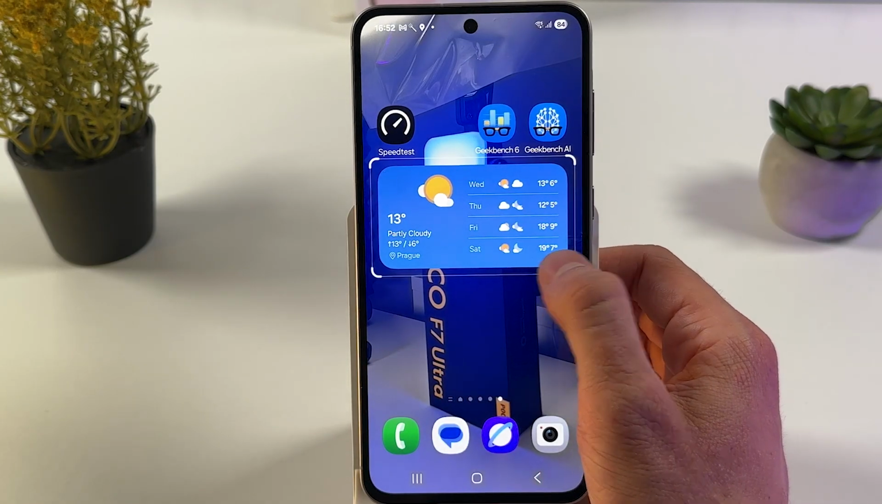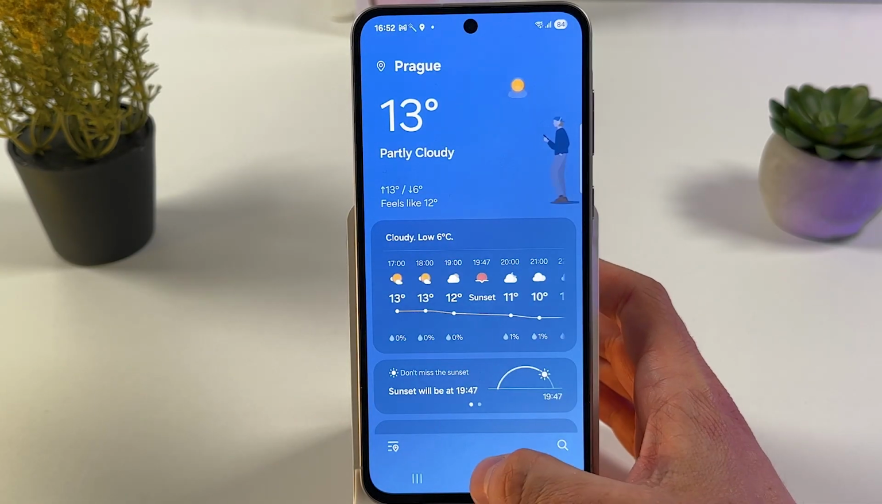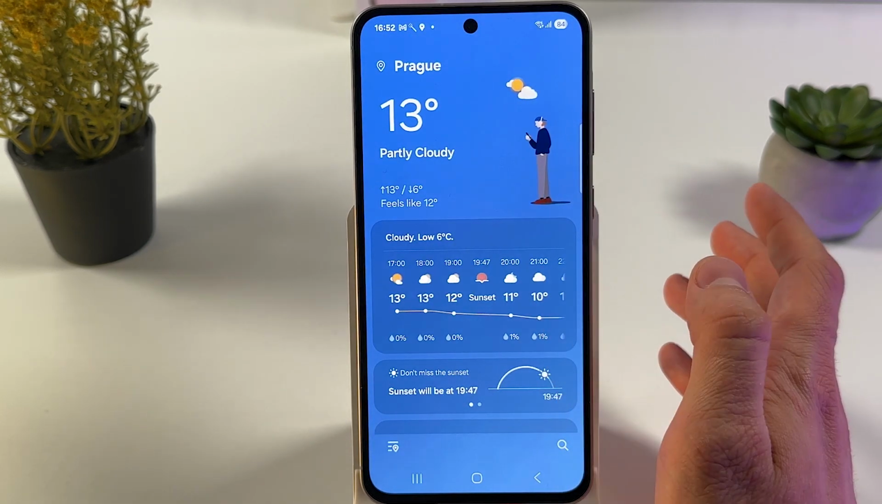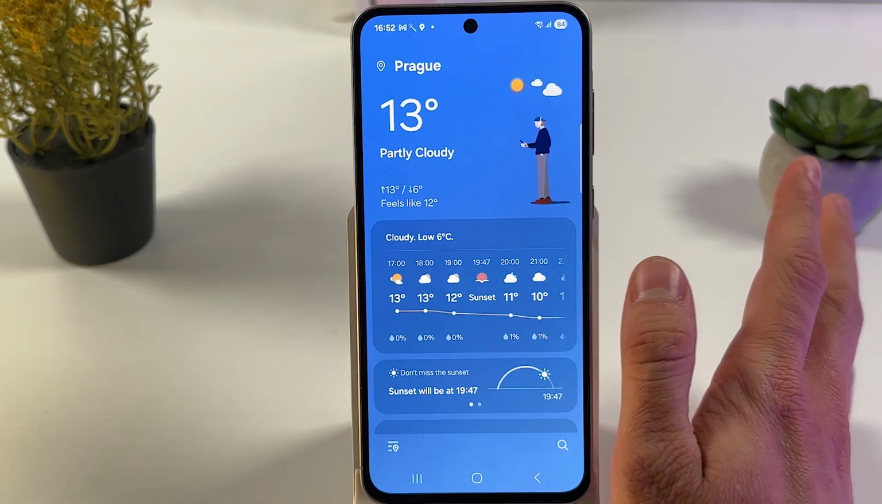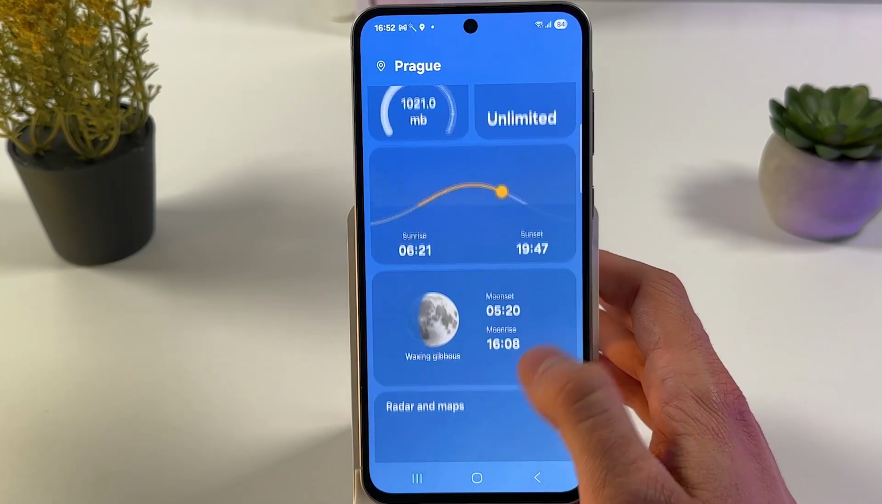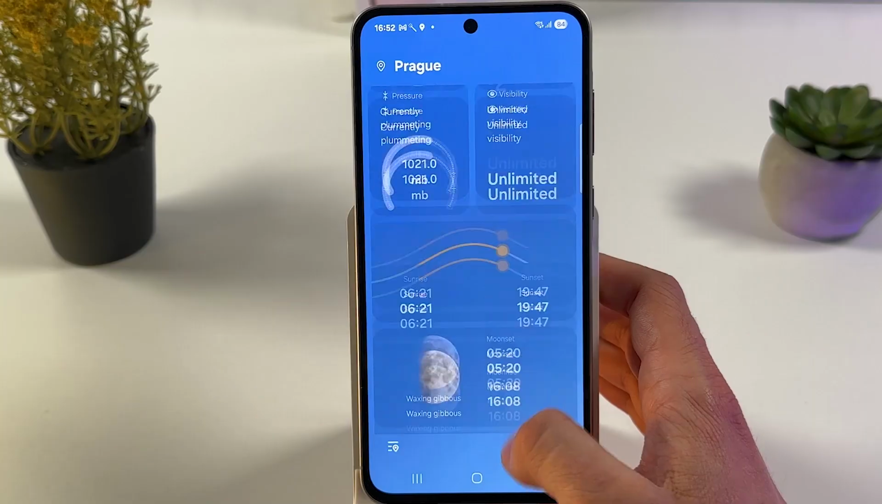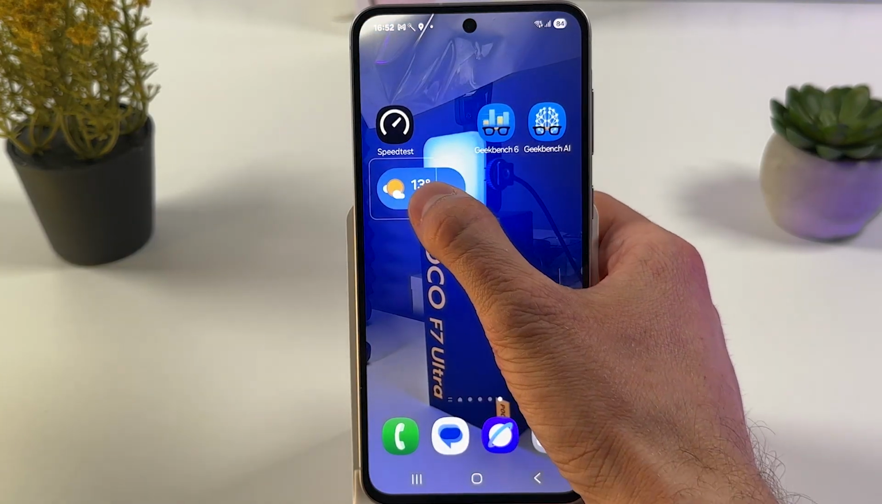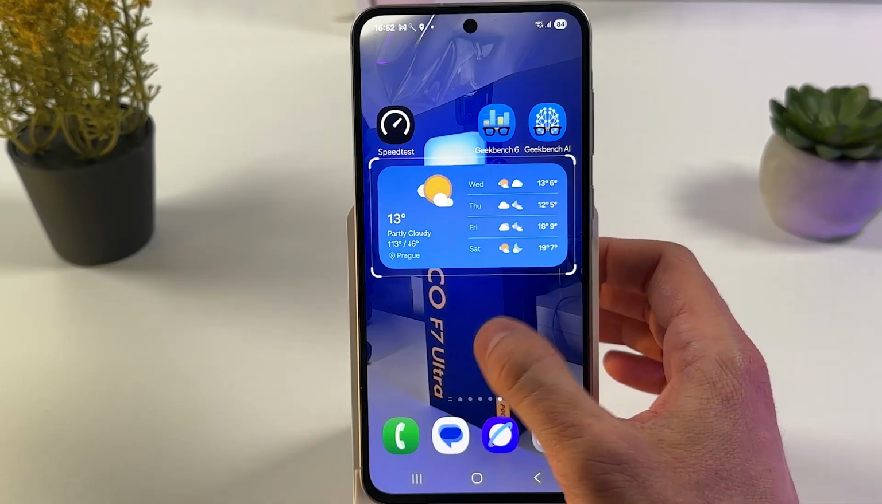Now you can resize it if you drag your handle, and also if you tap on it, it's going to detect your location. Maybe sometimes if you're doing it for the first time, you'll need to give the necessary permissions. You will see the full forecast, right? If you hold your finger on it, you can resize it, make it smaller or bigger, or once again,